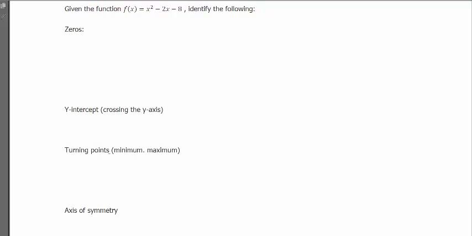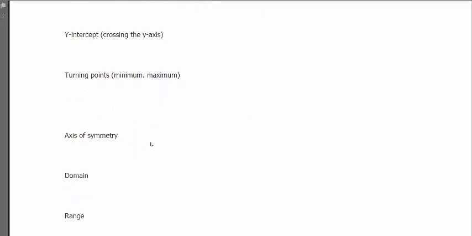Turning points, or stationary points, extreme points, there are different names, but basically if there's a minimum or if there's a maximum. And then the axis of symmetry that will go through the turning point, through the minimum or maximum,